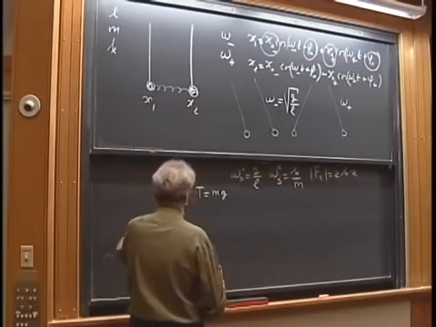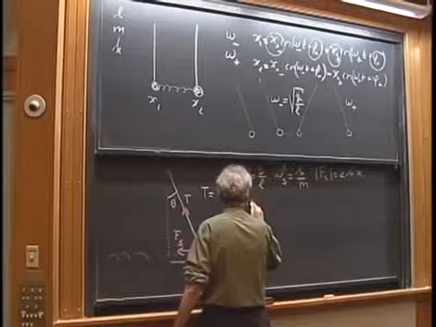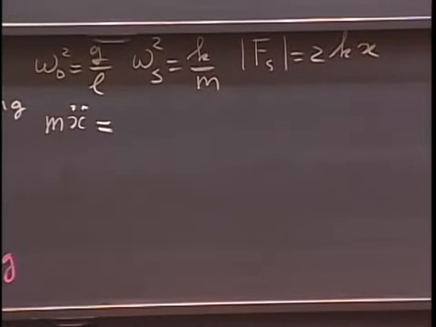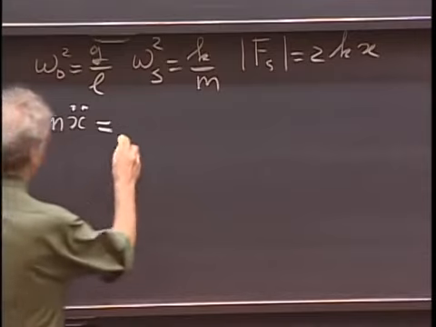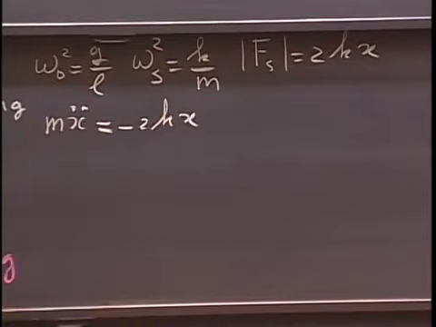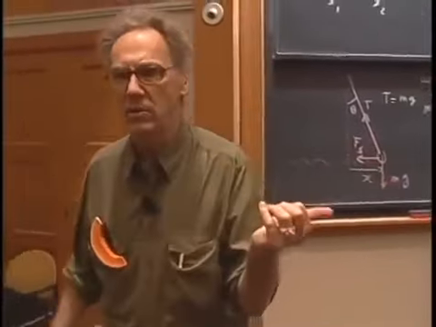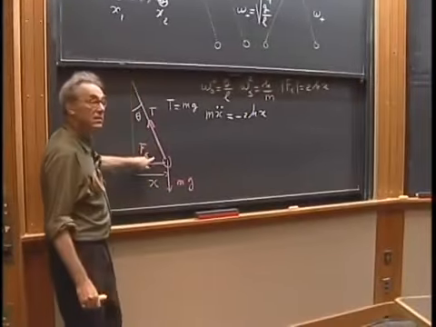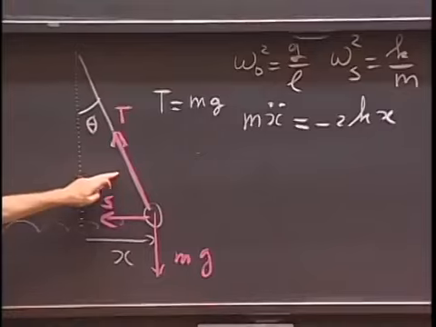So Newton's second law, m x double dot equals... Now there are two forces that I have to take into account. First, the spring force, which is minus 2kx. And then I need the horizontal component of the tension. Remember, that's the only one that is important here, which is T sine theta, but